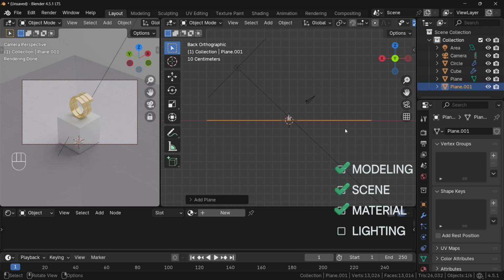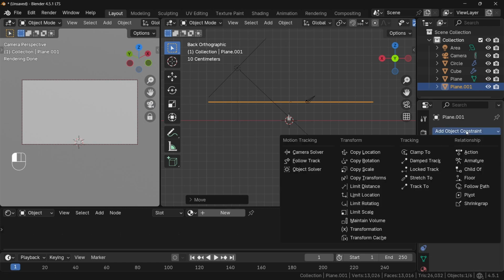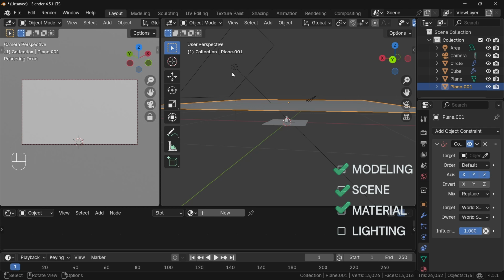Now to get a clean highlight shape, I will add a plane and position it directly in front of the light. I will add a copy rotation constraint, target it to the light,